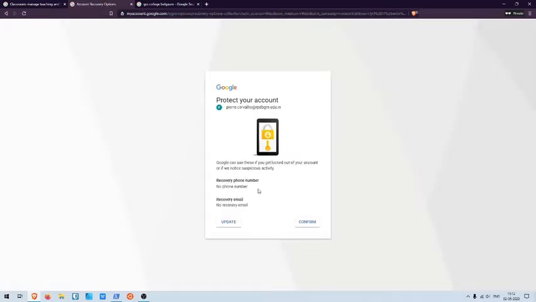We are not going to put any recovery phone number or recovery email, but if you wish, you can update it and put that in. It would generally protect your account from getting logged in remotely. That is, without your phone number getting an OTP, they won't be able to log in. So if you want to secure your account, then add in a phone number so that you get a one-time password or an OTP that will be required every time you log in.